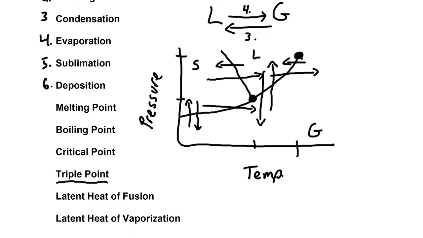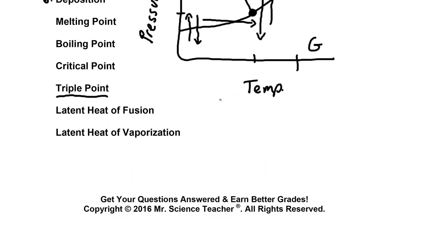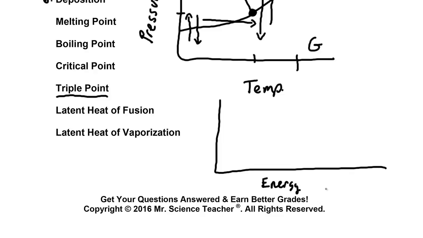Now we have one more picture to make, and that's a picture that looks like this. And what we have here is energy on this scale. Sometimes I label energy as delta Q. And on this scale, we are going to put temperature. Okay. What we have is a picture that looks like this. And then we have a part of this, and then this, followed by another stair step,